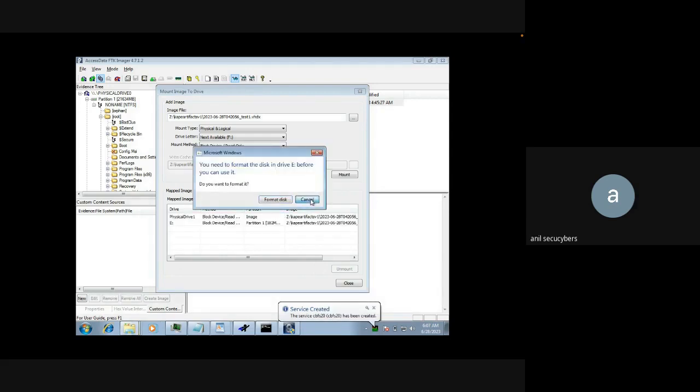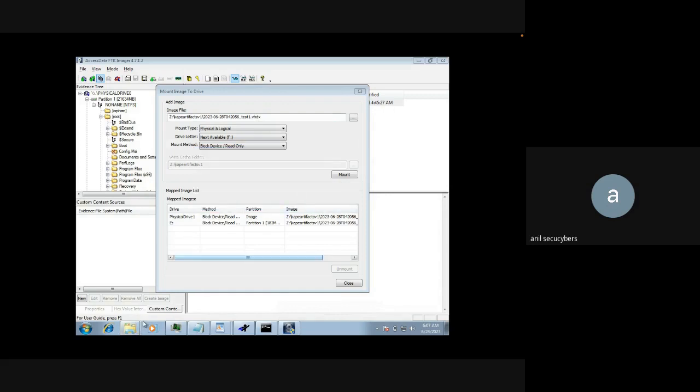And now the thing is that you just click cancel, don't format the disk. The reason is that the selected file has been mounted as an E drive, but Windows is not able to recognize that. It was telling us to format the disk, but let's not do that. And now if I go to that E drive,